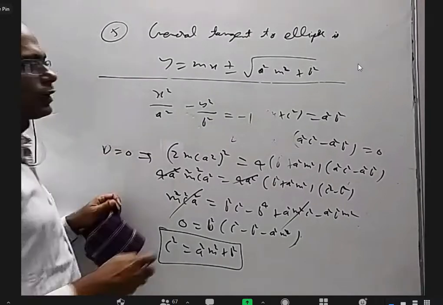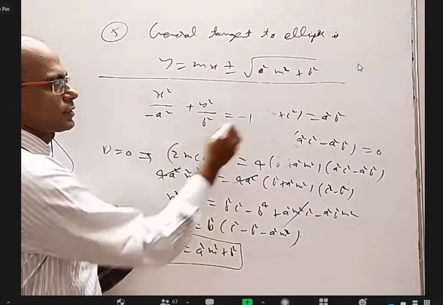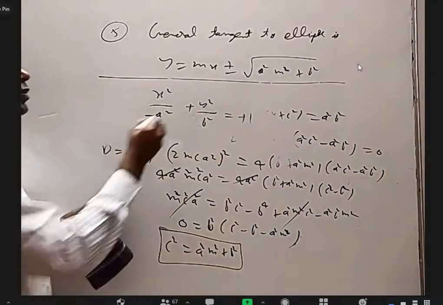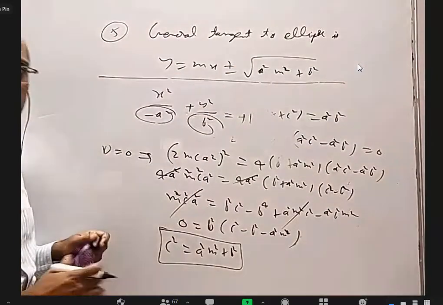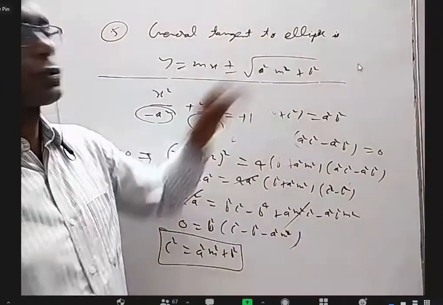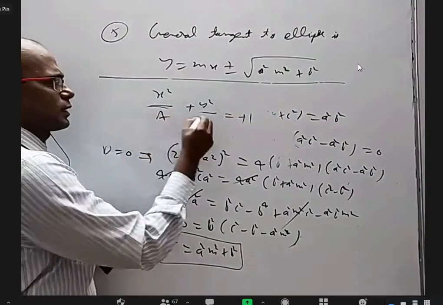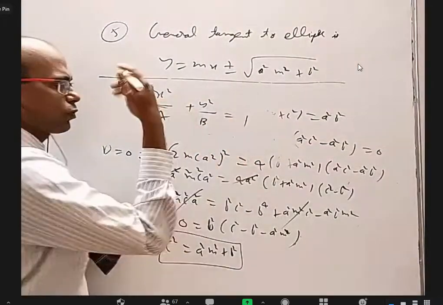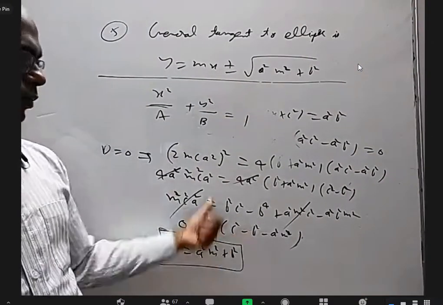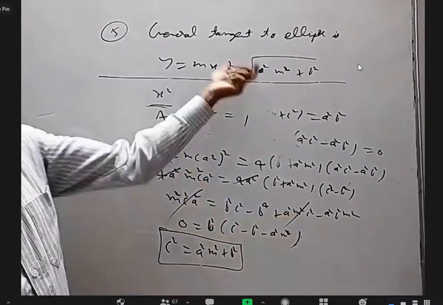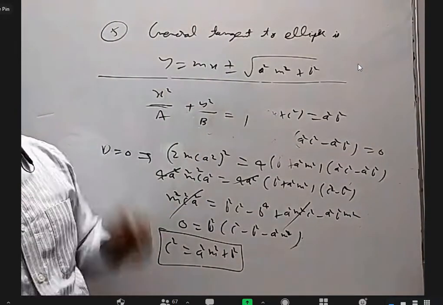You are right. Why? Because divide, make it plus 1 here. You will get minus here, plus here, plus here. Now this is minus a square, this is b square. So simply replace a square with minus a square. That's all. You will get b square minus a square m square. So it is not about circle or ellipse and all that. You take this as simply capital A, capital B. I don't even know what curve it is. I'll try to solve the line with this. I got this quadratic equation, roots equal. I got this condition. So who cares which is greater, which is positive, which is negative? Everything is included in this, right?